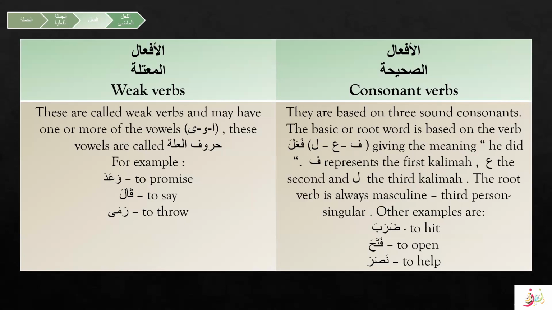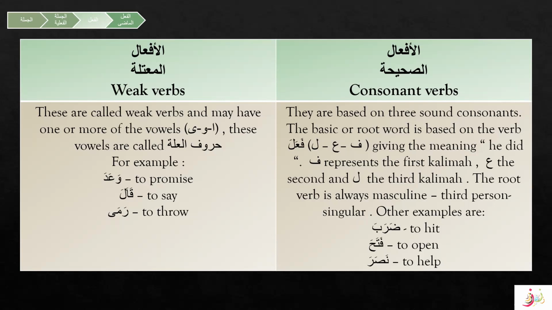Afal sahiha are the consonant verbs, as you can see, and they are based on three sound consonants. Sound consonants means all the root letters of the Arabic language, based on the verb fa'ala. These are the default root letters that we use for every word, and this gives the meaning he did. Fa represents the first kalima, ain the second kalima, lam the third kalima,